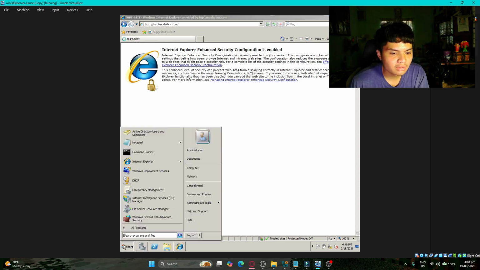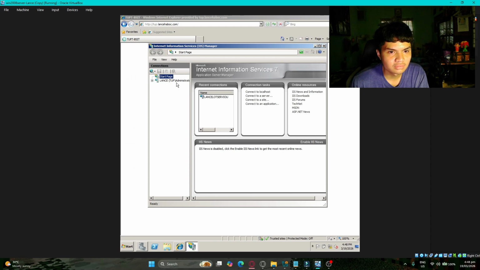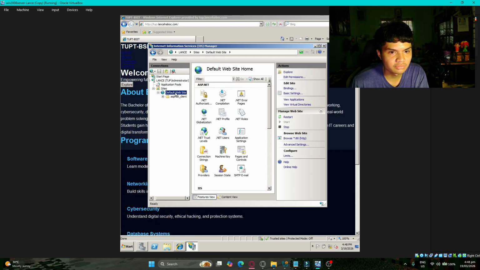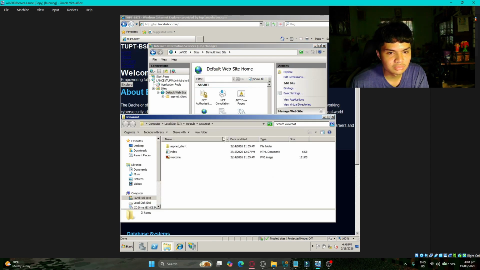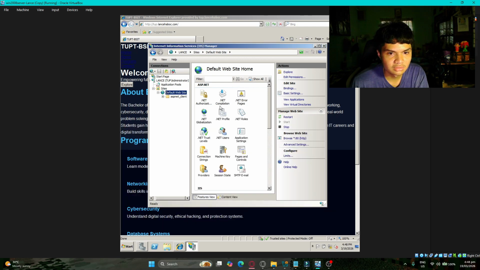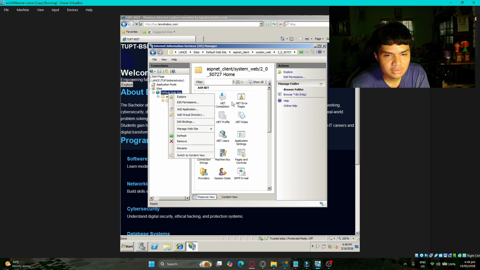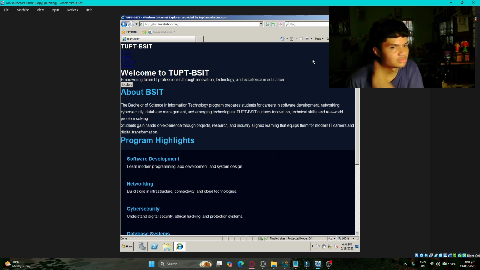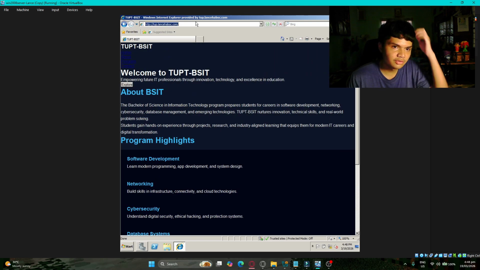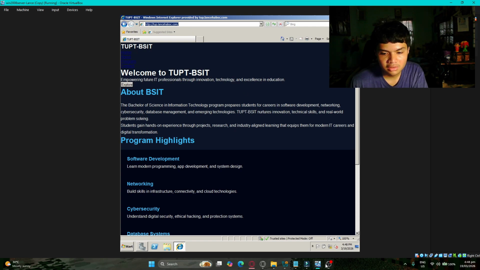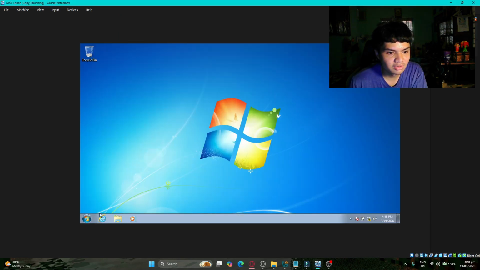To do that, you need to go back here, go to your default website, explore, it's already here. It should take something like an options here that will determine your installation. But for me, it's already automatic. So here's our website. And afterwards, if your web server is open, you can open your website anywhere from your network.